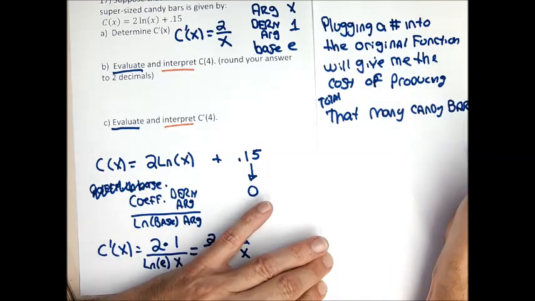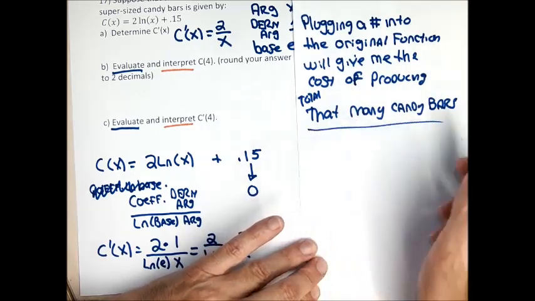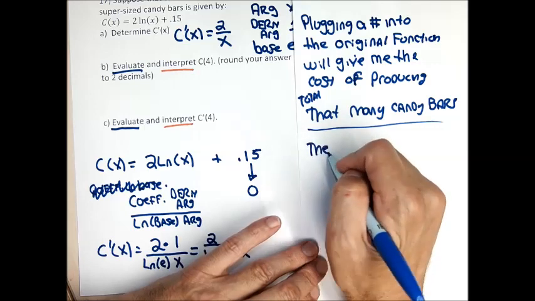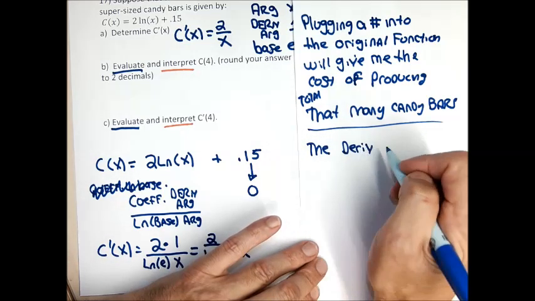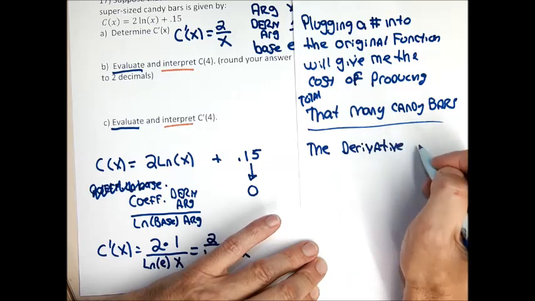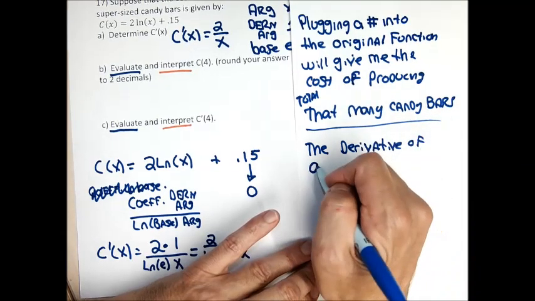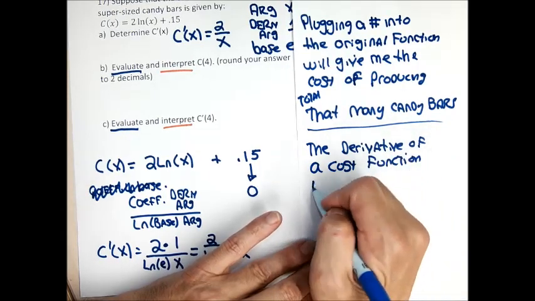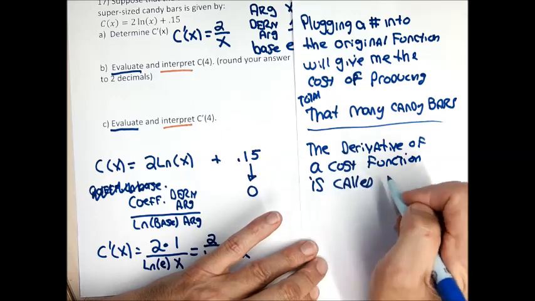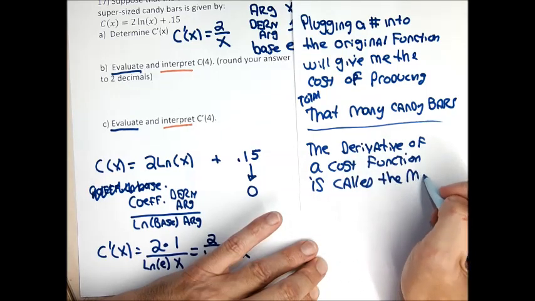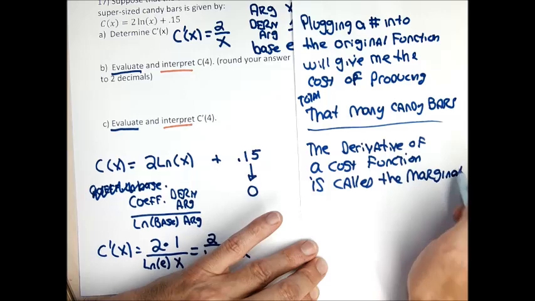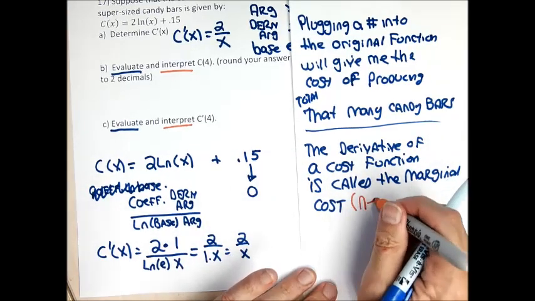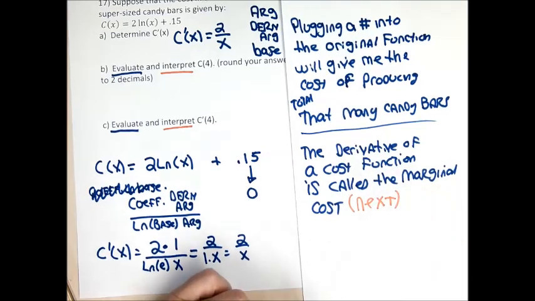That's just a cost function that has nothing to do with calculus. The derivative of a cost function is called the marginal cost function. The derivative of a profit function is a marginal profit function. So the derivative of a cost function is called the marginal cost. Maybe I can think of marginal as next. The marginal cost function,